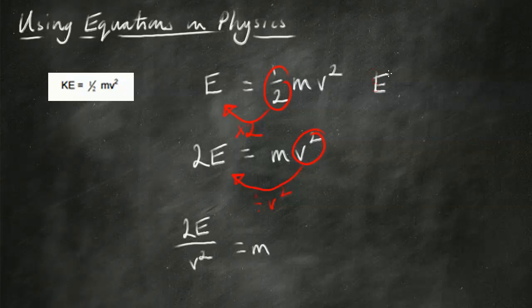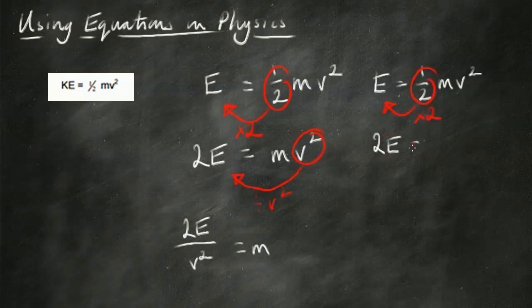If we want velocity equals, how do we do that? So E equals a half mv squared. Alright, trickier one now because we've got that v squared. First step is the same, times by a half is the same as the opposite to times 2. So I've got